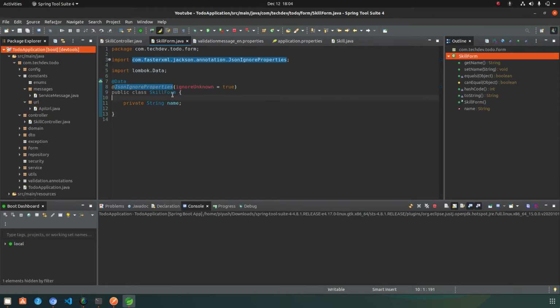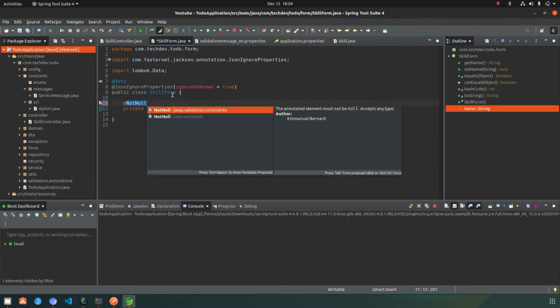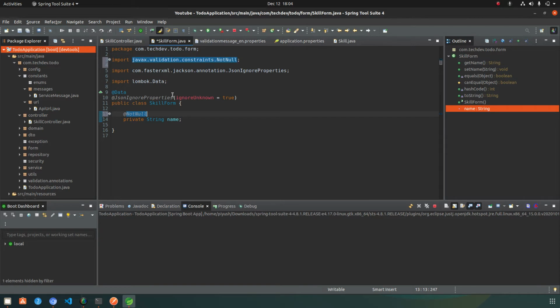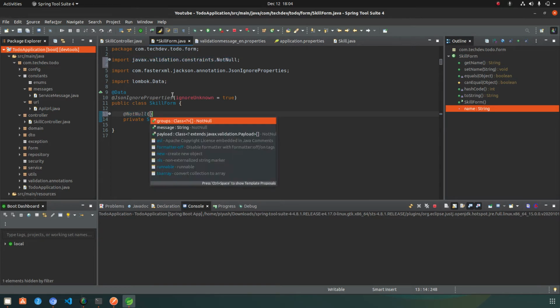What you need to do is handle the nullability for your string, meaning the skill name here, using the NotNull annotation. So you need to add the @NotNull, and the NotNull should be of the validation constraint, not of the Sun stack. Remember that. And inside this you have three attributes.